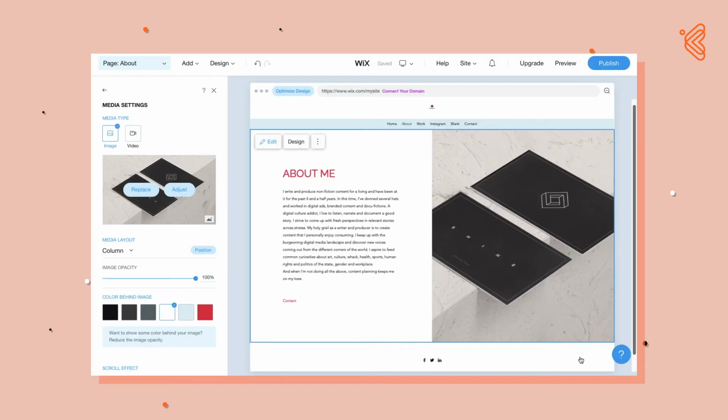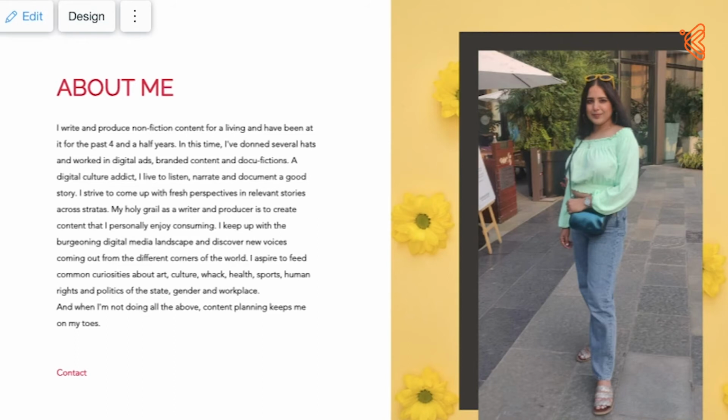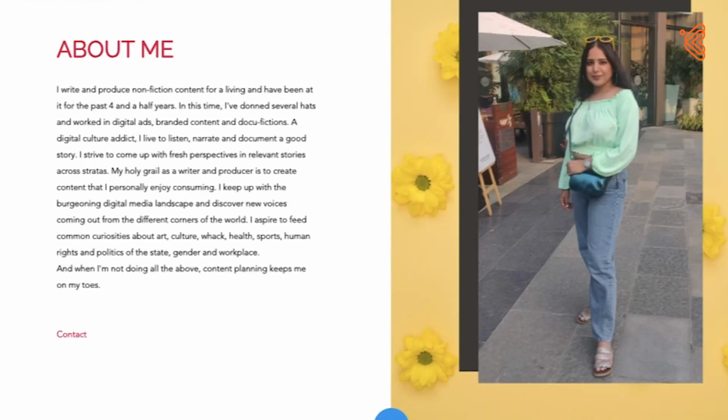Instead, head to Canva and design your own images and creatives from there. And since your website is going to be heavy on images, you don't want it to take forever to load. The ideal time for a website to load is just 1 to 2 seconds. So I'm just quickly adding a picture of me in the About Me section and the text I've decided on. यहाँ पर मैं अपने career journey, experiences, vision और purpose के बारे में बात करूँगी.